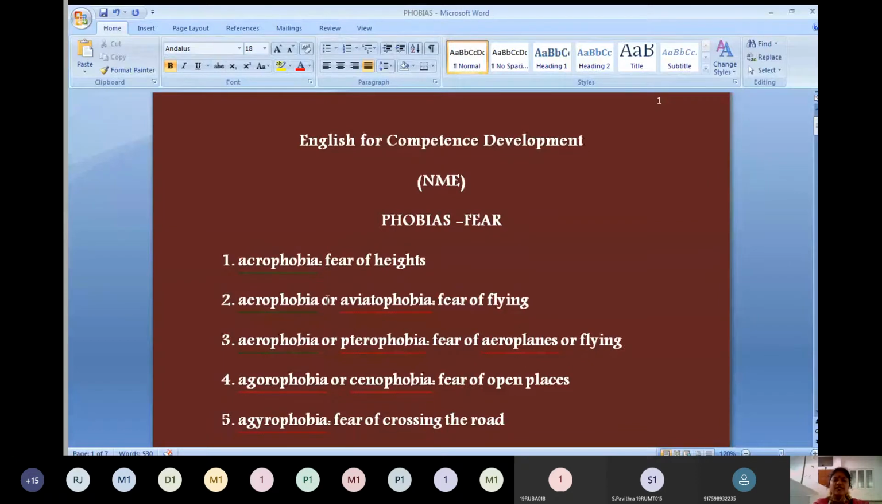And fear of flying is called aerophobia. The term aero means flying, so it is called aerophobia. Aviary means flying. So fear of flying is aerophobia or aviatophobia. Fear of aeroplanes is also known as Thirumalai. T is silent here. Then fear of open places,